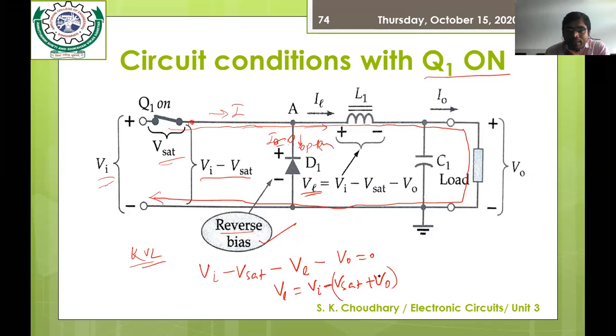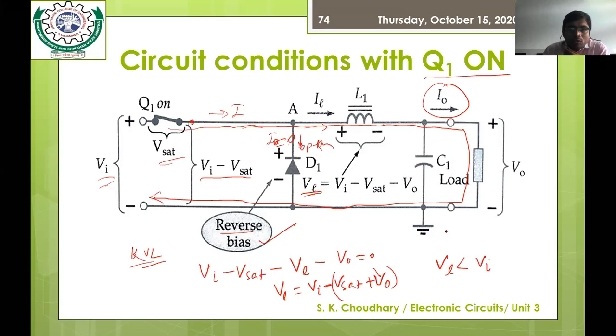So VL is less than VI. Now the current would also follow this loop and flow across the load. So the current flowing across the load is I0. In this way, you can calculate the voltage drop across the inductor,